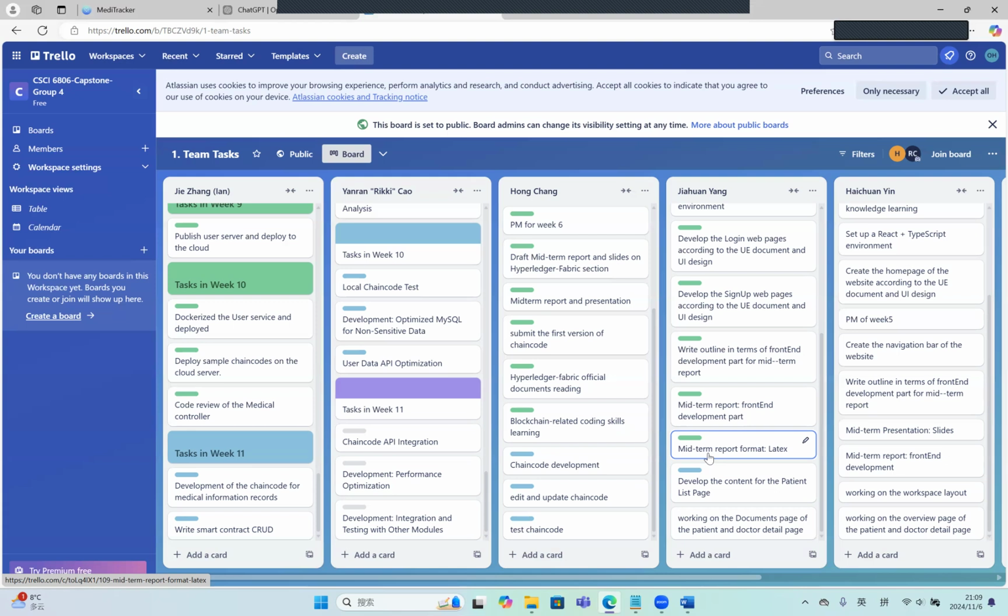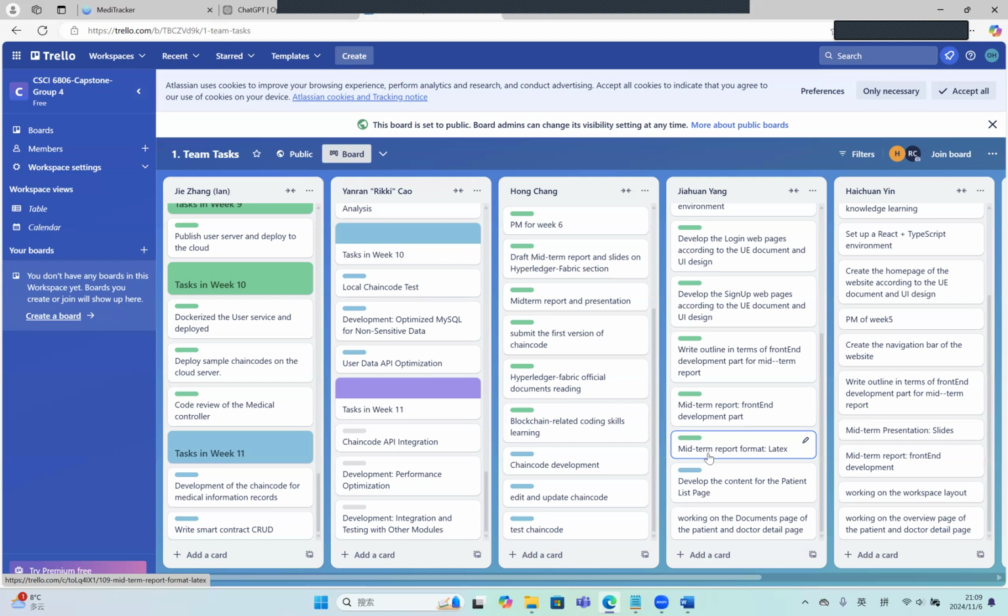For non-sensitive data, such as the account status and role information, we will optimize storage in MySQL for efficient querying. Expanded queries in the user service now provide the front end with streamlined access to the user information, and it will improve backend efficiency. For next week, after chain code development is complete, hopefully, our focus will shift to